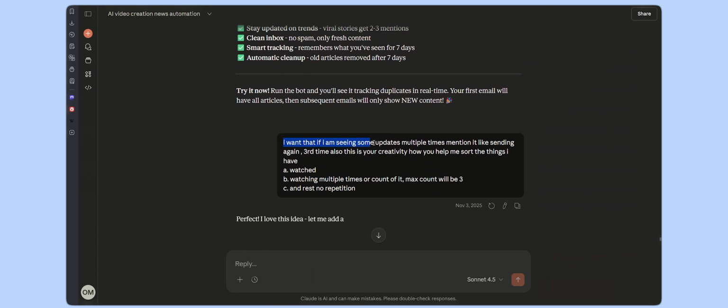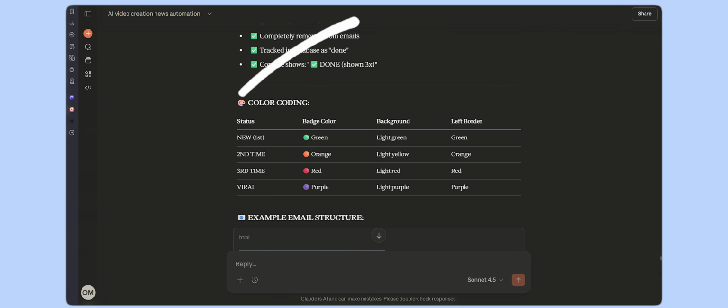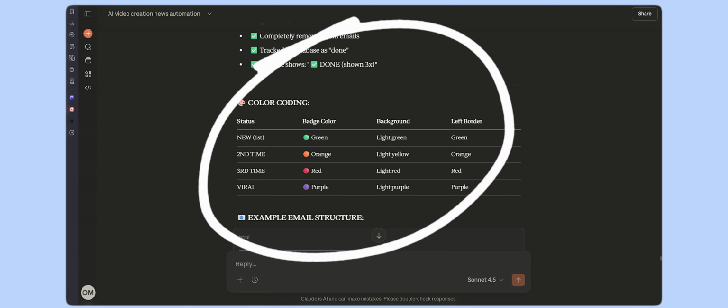Now, I customized the code to my workflow because at first it spammed me every hour. My inbox got flooded. Not a good idea. So I asked Claude to tweak it: send me updates 4 times a day and highlight only the important things which I have told you earlier. I also made a few more personal tweaks on how I wanted the information and how it should be categorized.